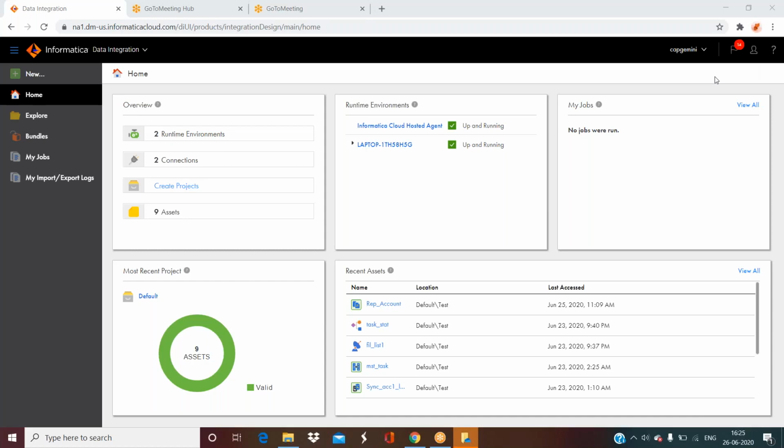Hi, in this class I'll explain the replication task and we will create a replication task to load the account and account contact role objects in Salesforce to a flat file. Okay, so what is a replication task? A replication task replicates data from a cloud-based application or relational database table to a target. In IICS, the supported target connections are database connections and flat file connections. So these are the two target connections we use for our replication task.